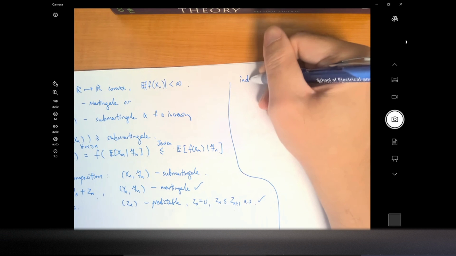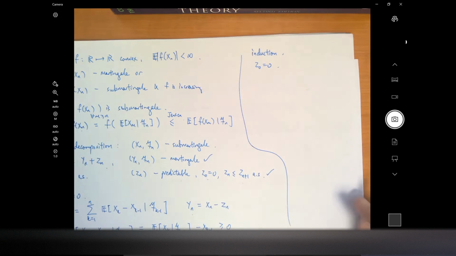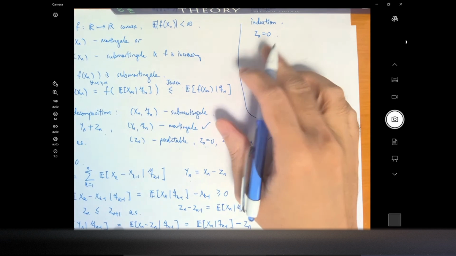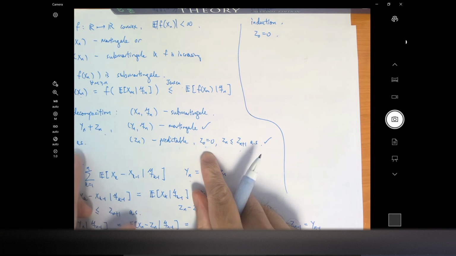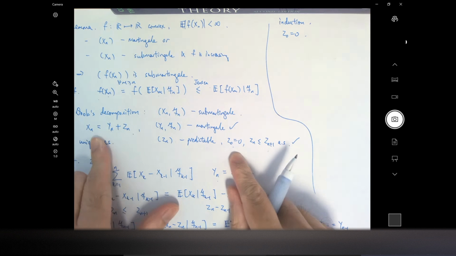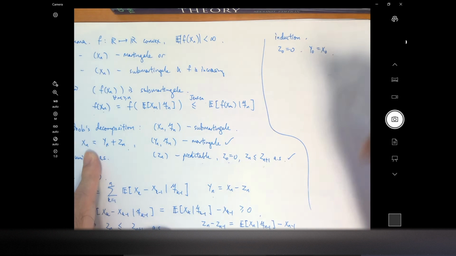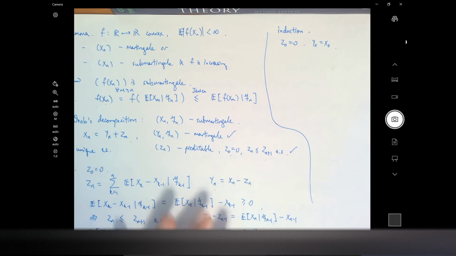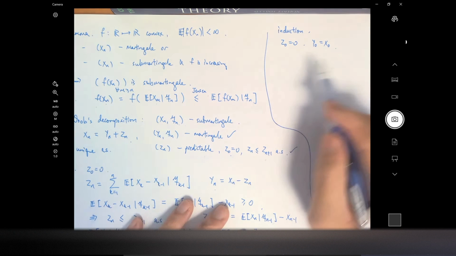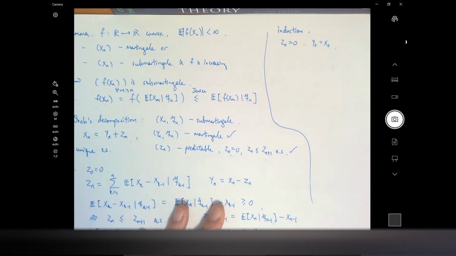So use induction to prove that. Starting from Z0 equals 0, whatever decomposition you use has to satisfy Z0 equals 0. And since it is a decomposition that looks like this, if Z0 equals 0, that means Y0 equals S0. So this is unique, your S0 is given. Whatever decomposition you come up with, the Z0 and Y0 have to take on these two values, so it is unique